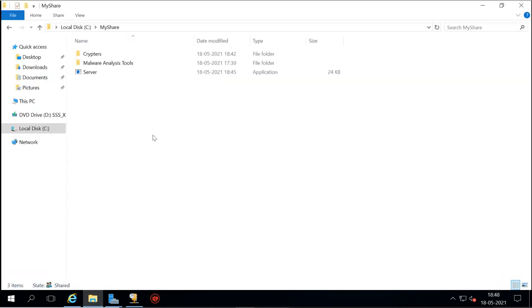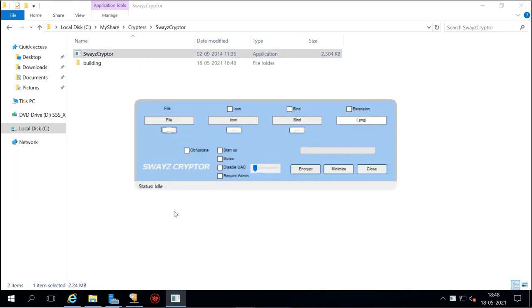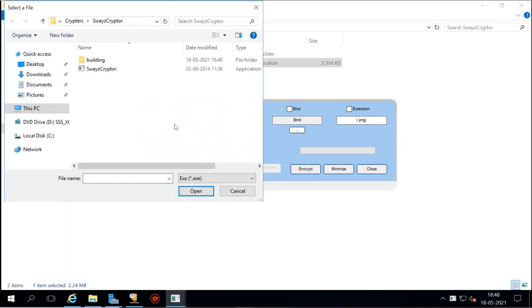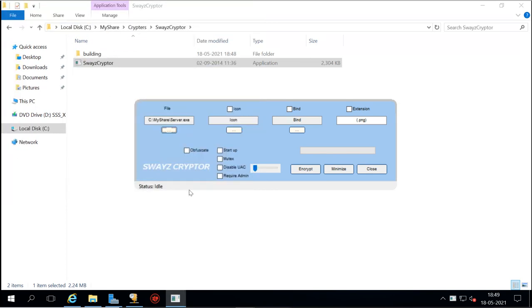They can use cryptor tools like this one. It will use this, choose the file. Let's choose this file, then choose different icons or different things.